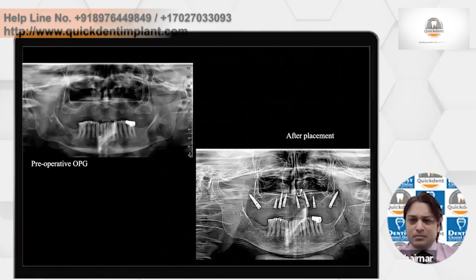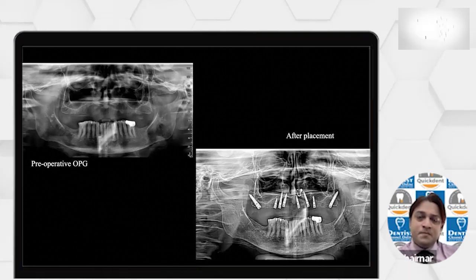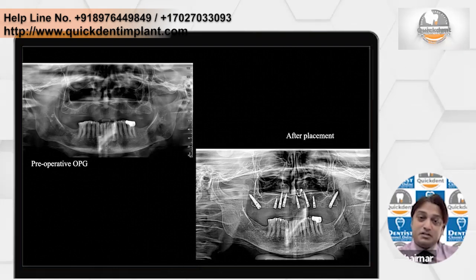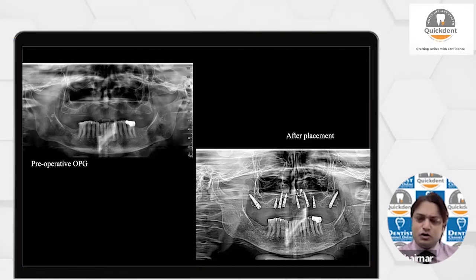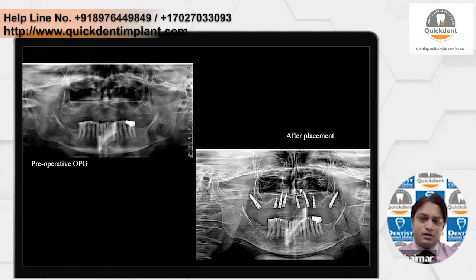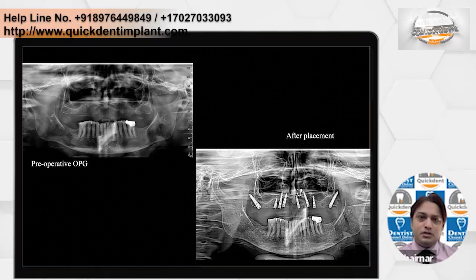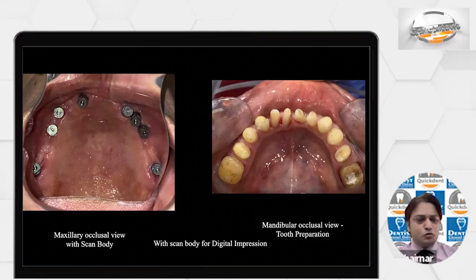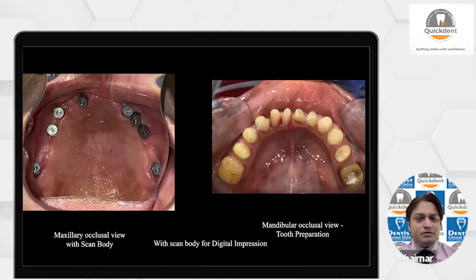I always say, immediate loading is not an ego, it is a science. If it can definitely help the patient, then do it. Otherwise, you should not take a risk. So this is done with delayed loading, engaging the nasal floor everywhere, but the bone is soft, unfortunately. It's D4 bone. After a certain period of time, say around 2 months, healing abutments and everything are attached,